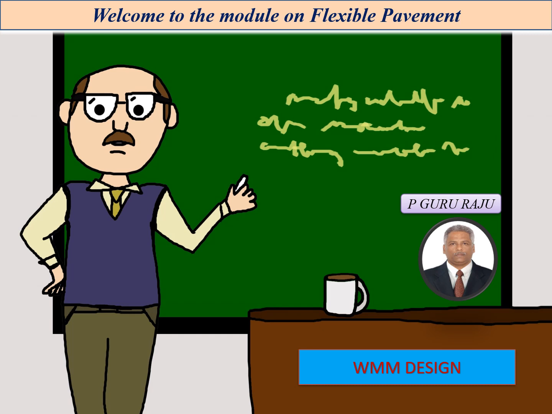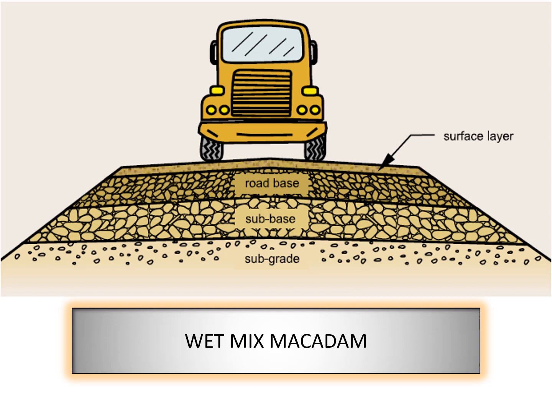In this module today we will be discussing WMM design using Excel sheets. Now when you see road construction, as explained earlier, it starts from the embankment and then you have a subgrade. Over the subgrade you have GSB, over GSB you have the road base, or what we call wet mix macadam, and then the asphalting or bituminous layers. Today we are focusing more on the design of the wet mix macadam in specific.